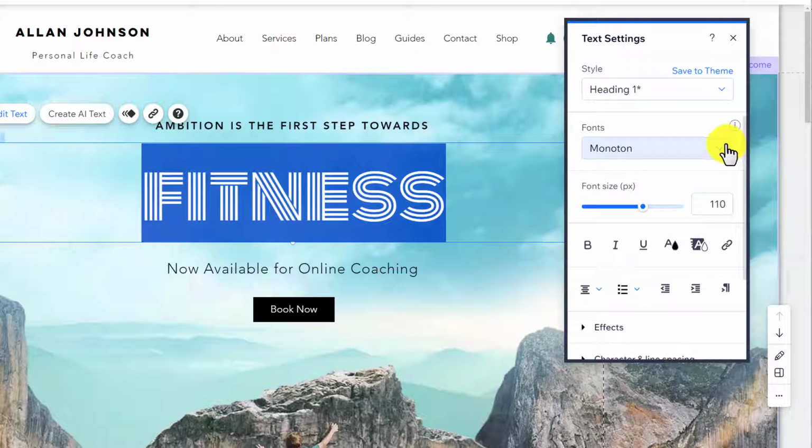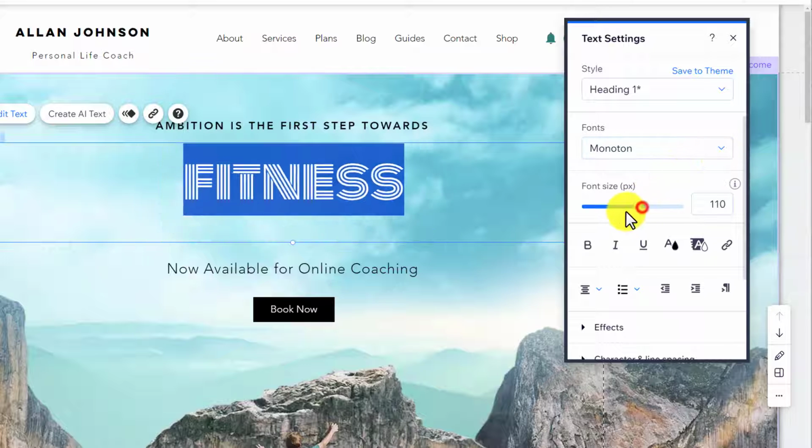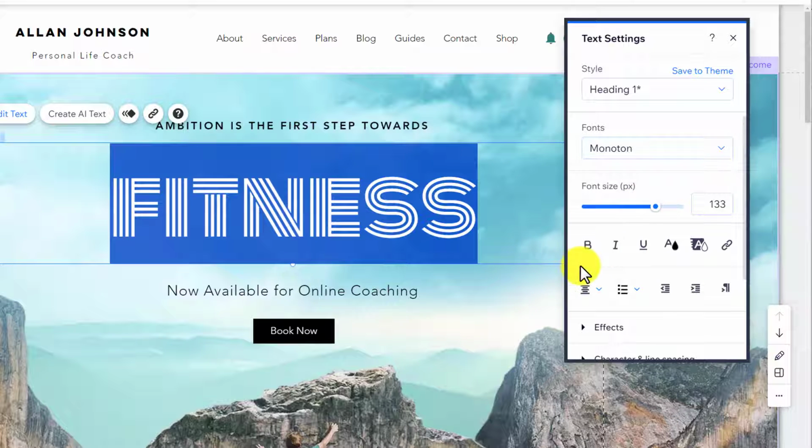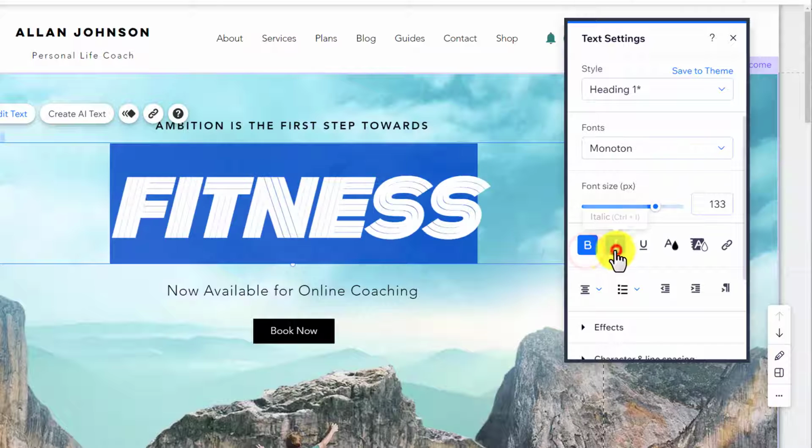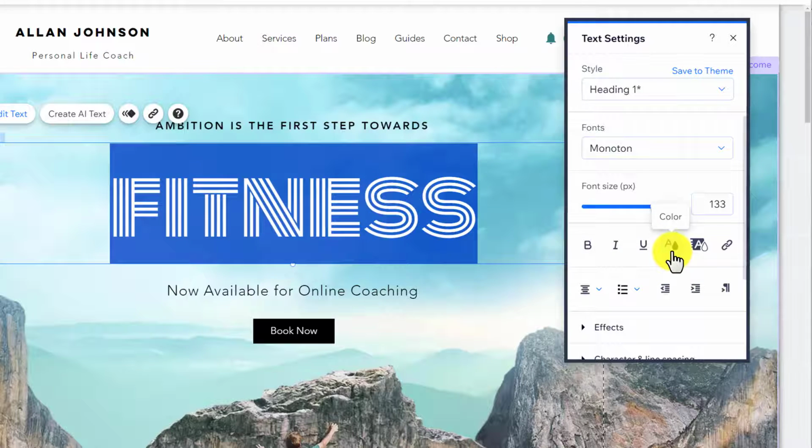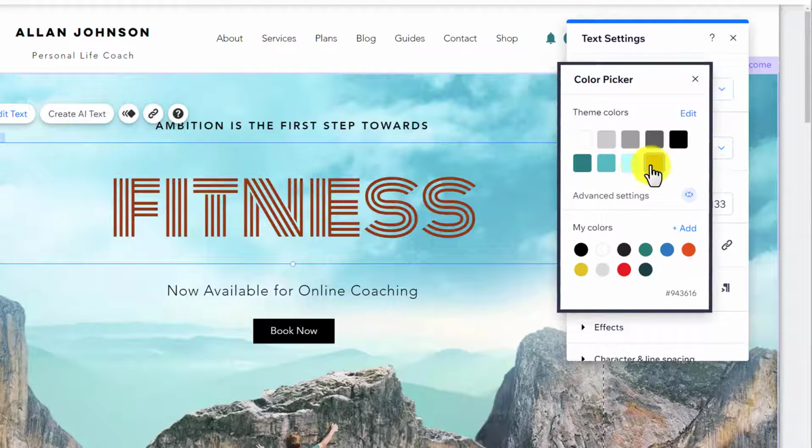After that, if you want to decrease or increase the font size, then you can do it from here. Now if you want to make it bold or italic, then select it from here. Now to change this text color, just select the color from here and then you can choose any color and